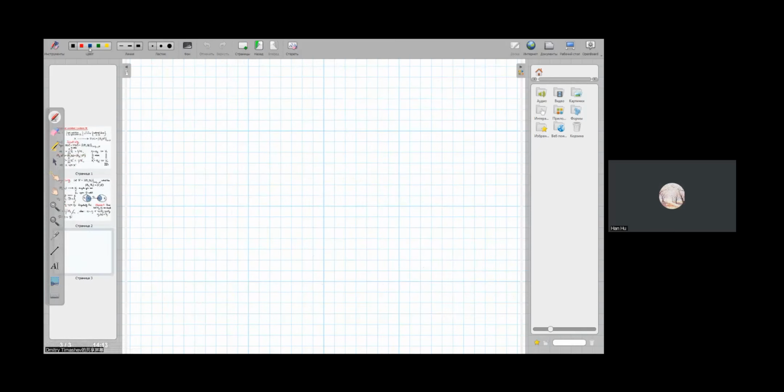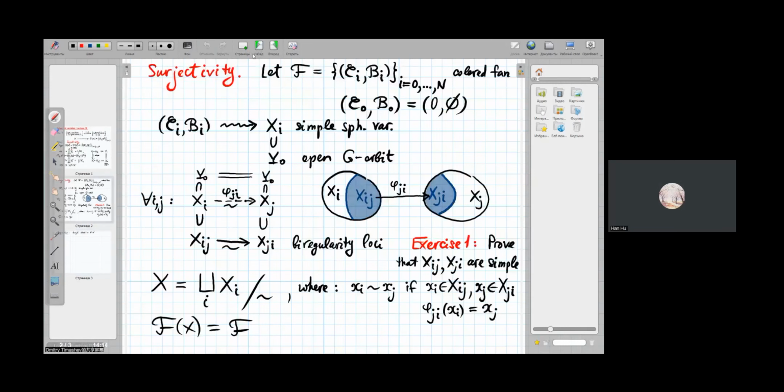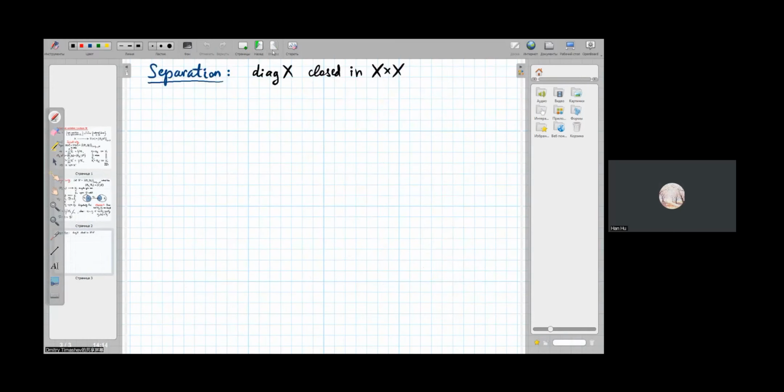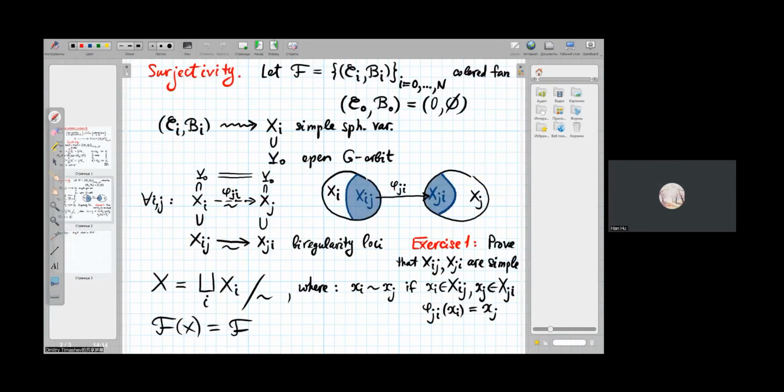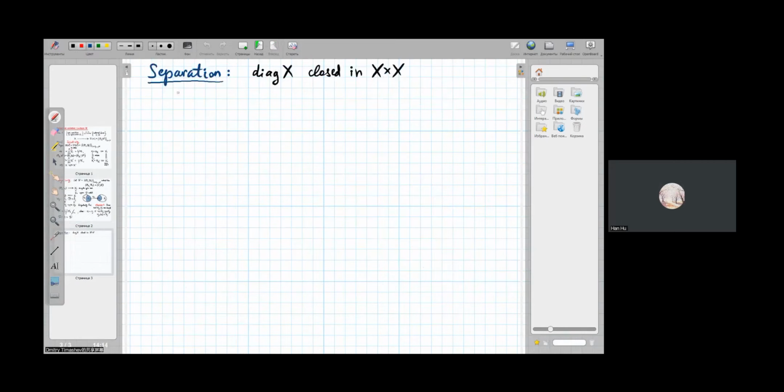And let's do it. So, separation property. Well, the separation property says that the diagonal is closed in the double of X, in X cross X. But since this pre-variety X, which we constructed, is covered by open subsets Xi's, the product X cross X is covered by open subsets Xi cross Xj. And it suffices to prove